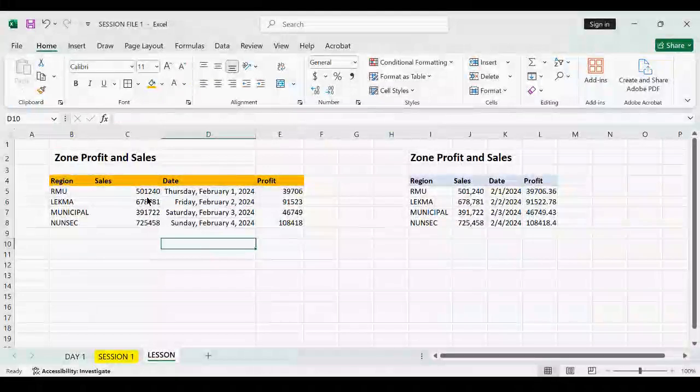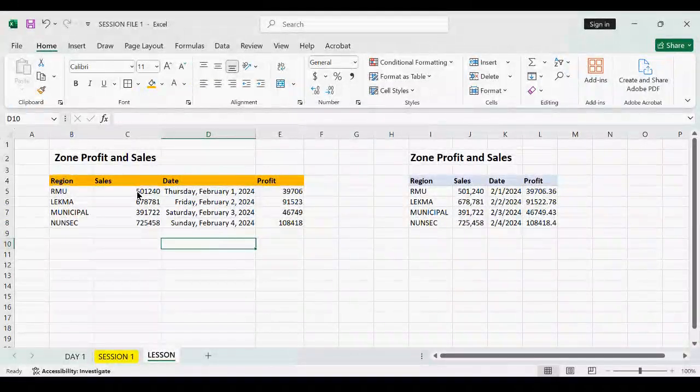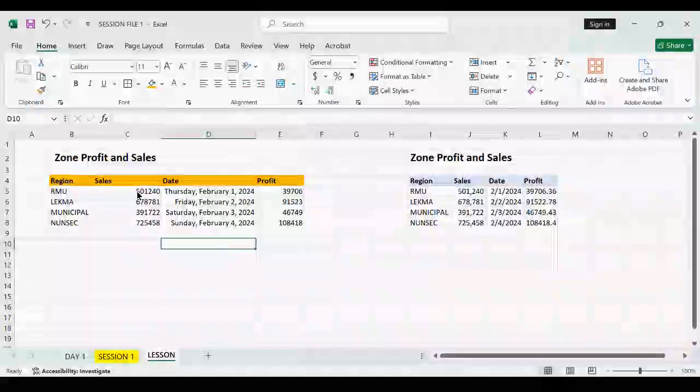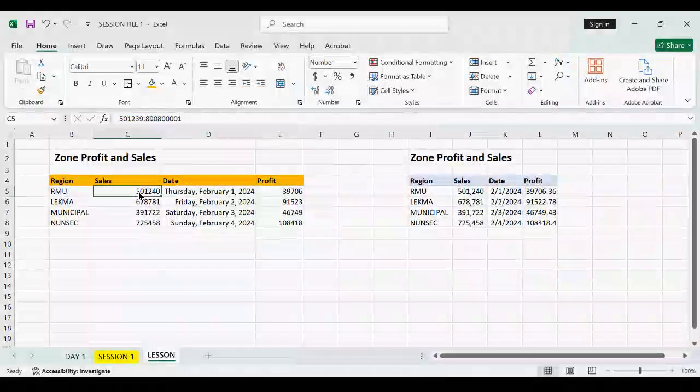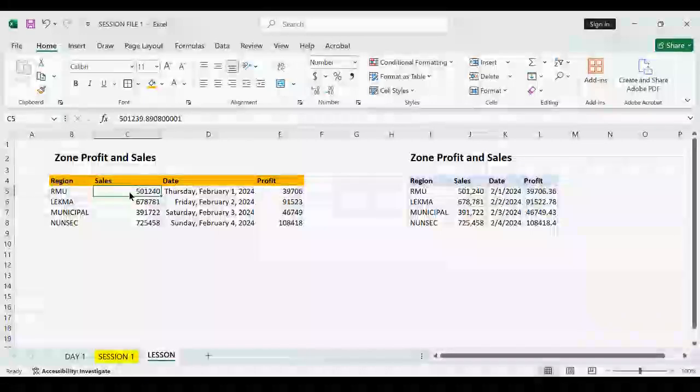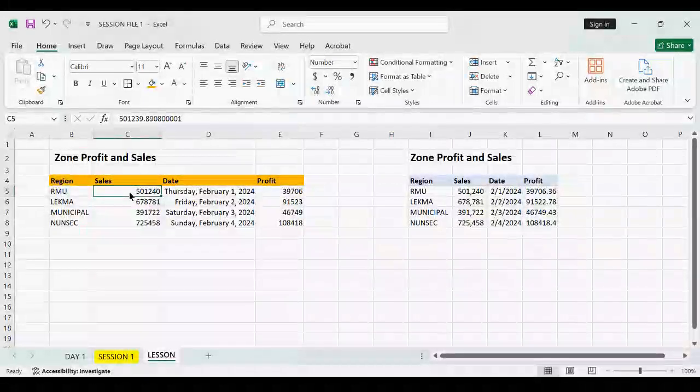So let's say for the cells, we want them to look very presentable. We want them to have the accounting symbol, that is the dollar, the euros, and all that. Because when someone sees this, the person may not know that this is an amount of money. Maybe the only way the person will be able to see it is because it has been labeled as sales. But if you want to make our table more presentable, what you can do is select a particular cell,